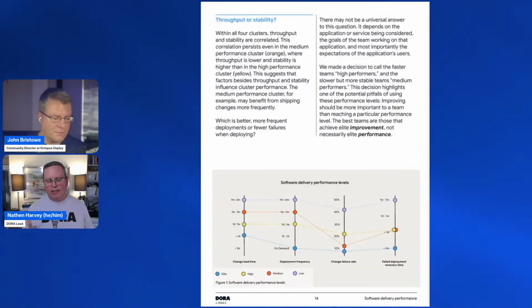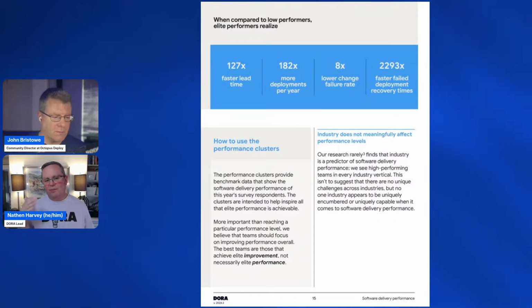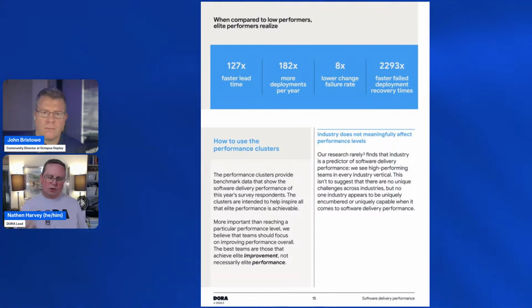And the best way to get there is not to focus on being an elite performer, but instead focus on being an elite improver. This idea of improving your software delivery performance and getting better as a technology organization really is a journey. This is part of why DORA's tagline is get better at getting better. We're on this journey of continuous improvement. Those elite performers became elite performers by first being elite improvers and investing in that improvement day in and day out. That's how they achieve that.